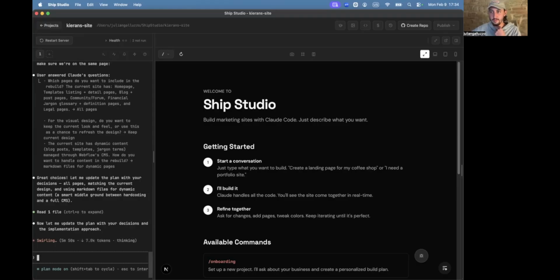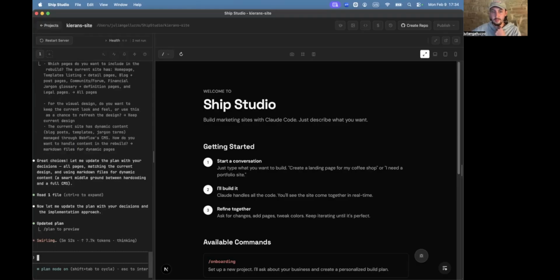But equally, you can say, okay, I want to host them in another database. What should I choose? And sometimes it'll recommend something like Supabase. I've used Supabase for a lot of projects. It integrates really easily, and you can give it access to the Supabase MCP, which means it can create all of your database tables, set up all the types, and do all the migrations.